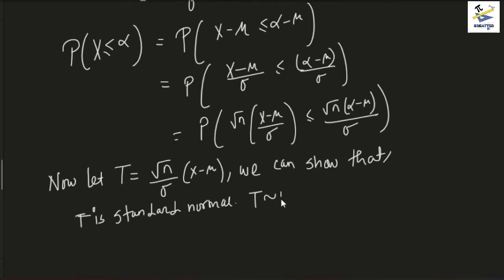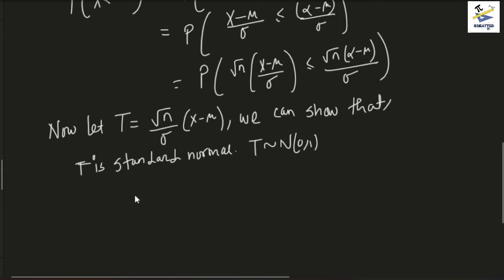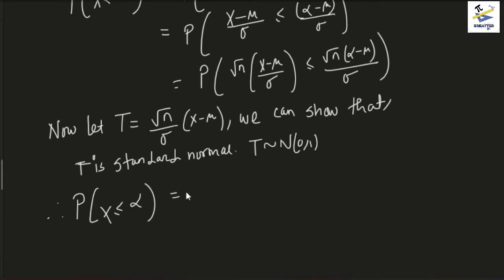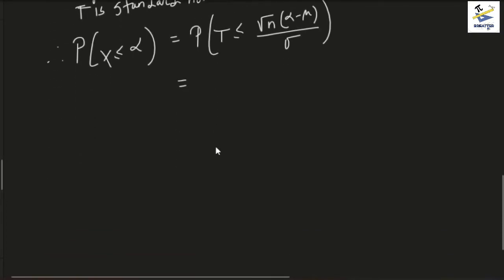That is, t goes from normal of 0, 1. So when this happens, what we see is that the probability of x less than or equal to alpha is just the probability of t less than or equal to root n times (alpha minus mu) by sigma. And for the standard normal variable, the answer would just be